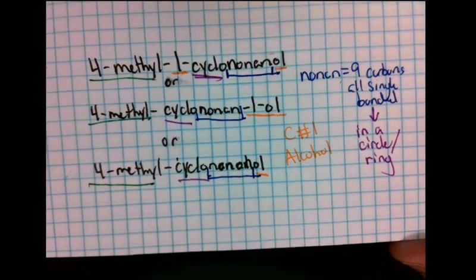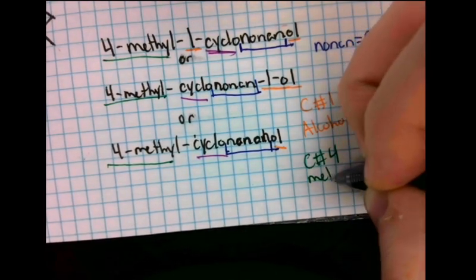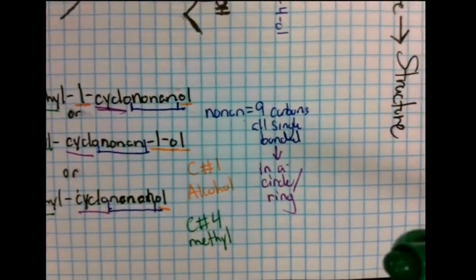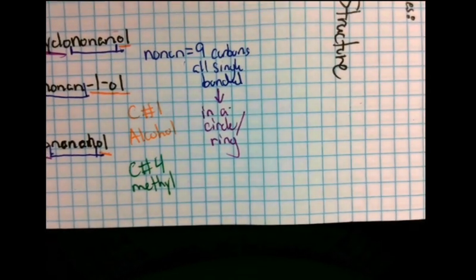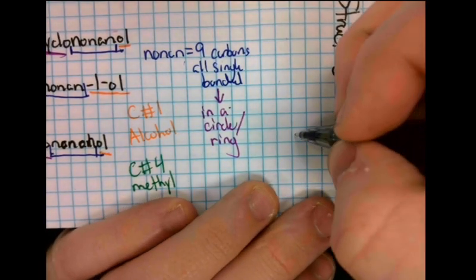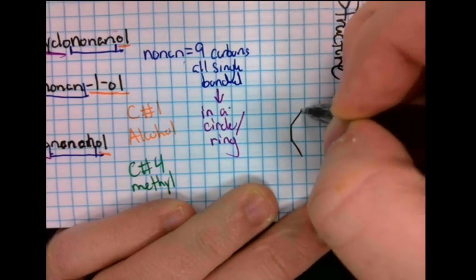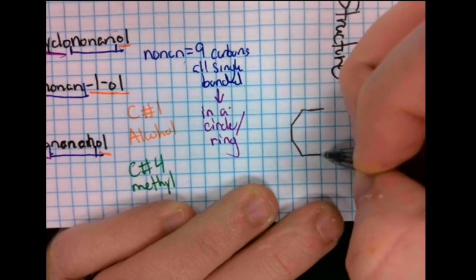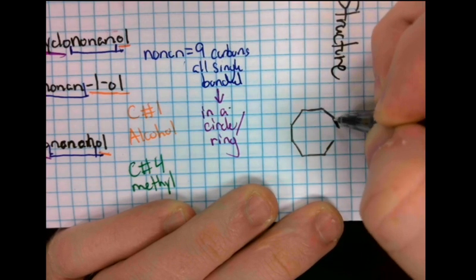And then this first piece is all the same. On carbon number 4, there is a methyl. Try not to knock my mic off the table. So we're going to go ahead and combine all of these things together. This is one where pencil is definitely a good idea. So we're going to go 1, 2, 3, 4. So 1, 2, 3, 4, 5, 6, 7, 8, 9,